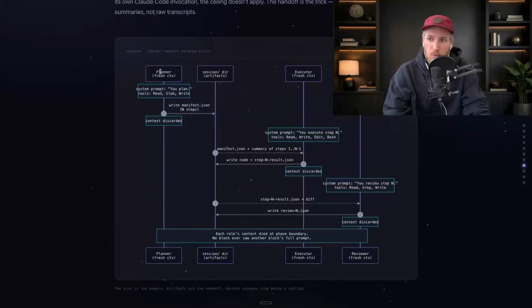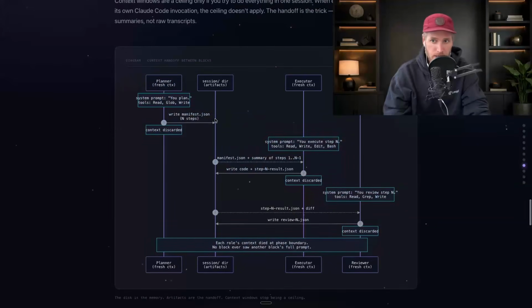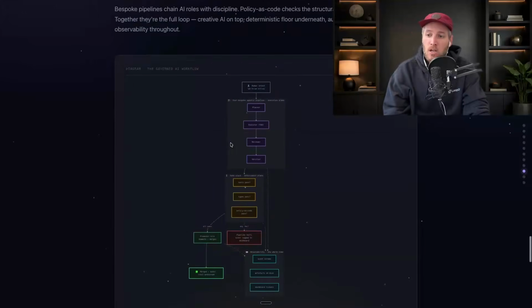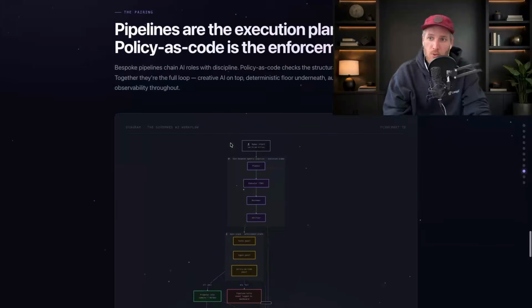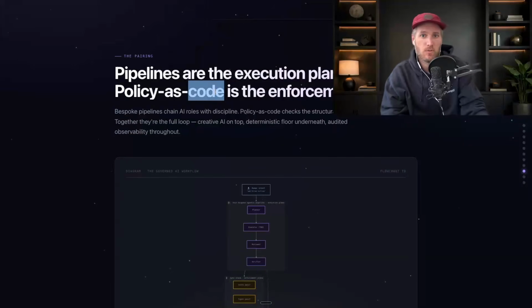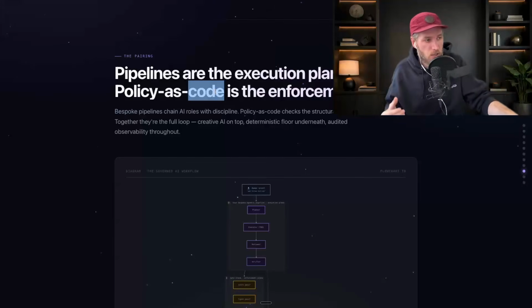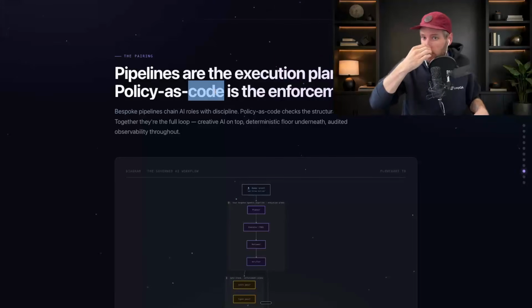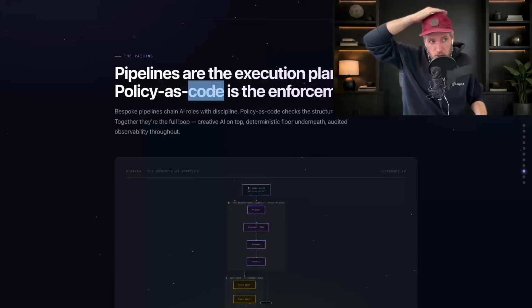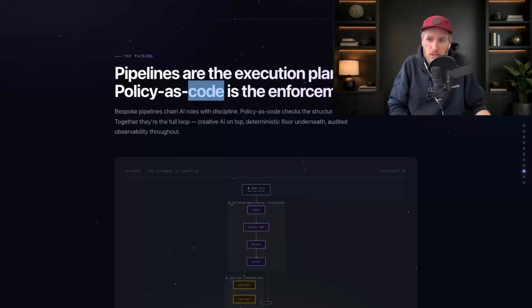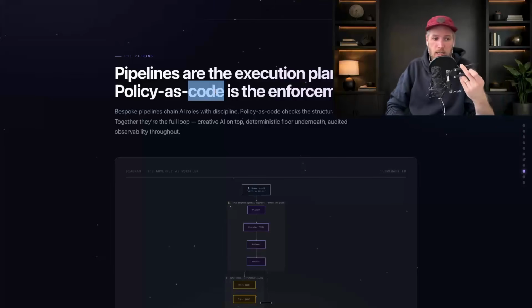I don't really want to go too into detail here, but this lays out the different steps and why it's getting the context every single time. So I will say this pairs really nicely with the policy as code concept. If you don't listen to many of my policy as code videos, that's a concept I came up with, which is basically this idea of a linter on steroids, but it's the concept that ultimately code bases are just a series of patterns. And when you have AI, you inherently deal with drift, even when you're dealing with all the rules and the other tools that AI gives you.